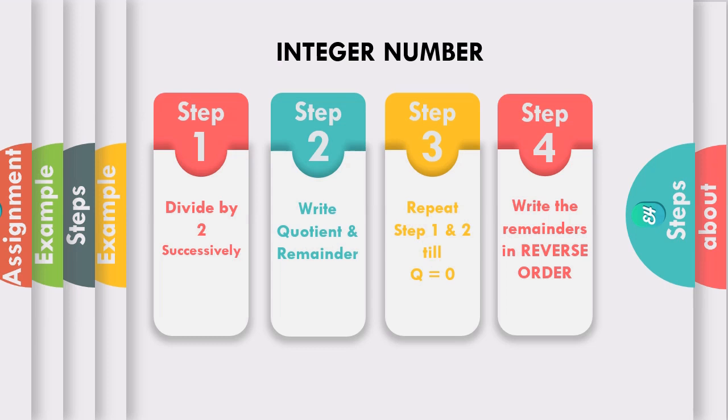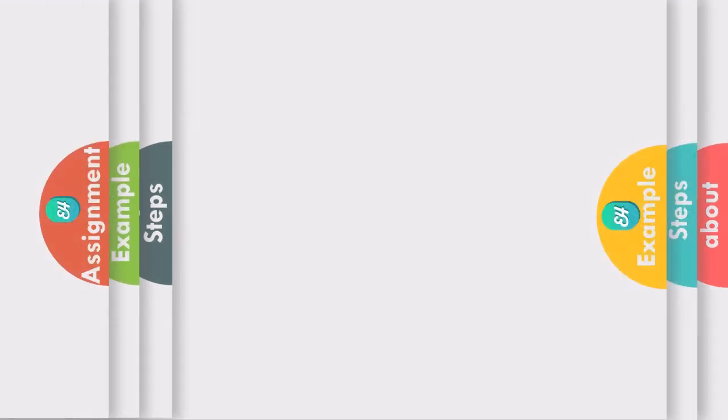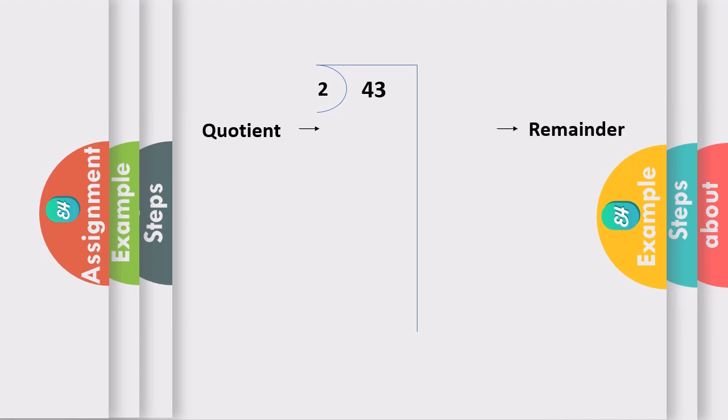These steps are only for integer numbers. For fractional numbers we have to follow separate steps. Let us take an example. For example, if we have number 43 which we want to convert into binary, then we will have to divide this number 43 by 2 and write down quotient just below the number and remainder separately. We are not going to perform complete division here but directly write down the quotients and the remainder. We just have to find out the half of the given number.